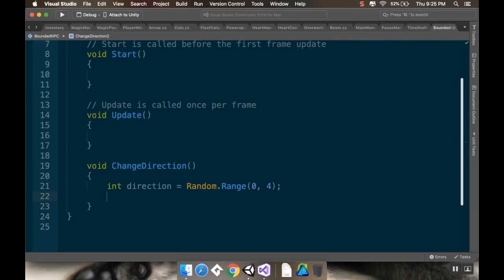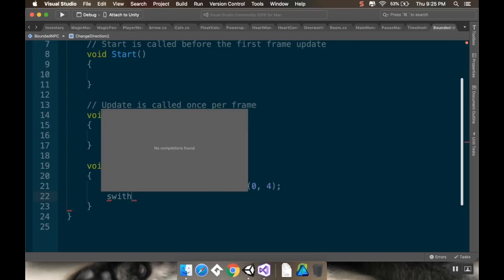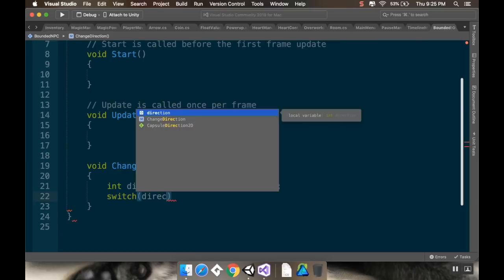Now we're going to use a switch statement. We could use just ifs and else ifs, but we haven't used a switch statement yet in this tutorial, so I thought it would be a nice thing to show you. When you're trying to decide between a few defined categories, and you want some behavior for those defined categories, you can use if and else ifs, or sometimes I think it's easier, or at least more readable, to use a switch statement. So I'm going to switch on direction,